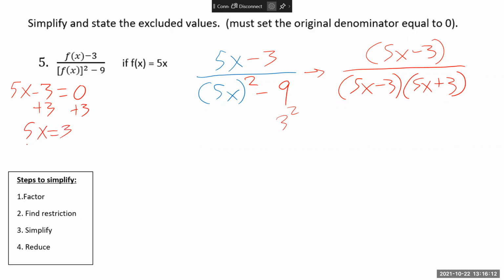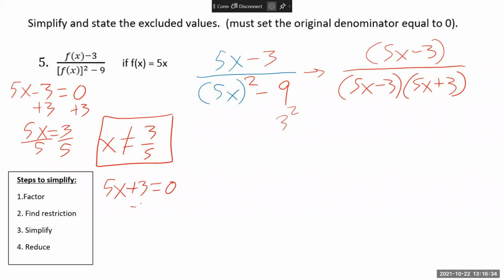5x equals 3. I can divide by 5. I get x is equal to 3 over 5, but really that's what x cannot be. X cannot be 3 over 5 because it would make me divide by 0. And same thing, if I do 5x plus 3